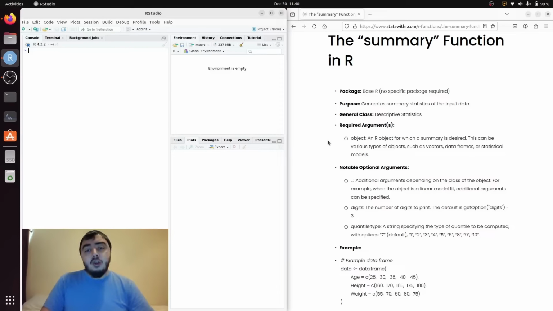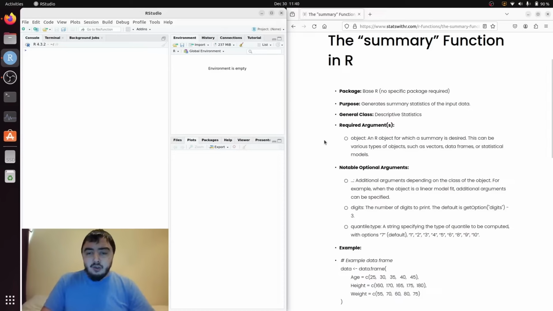If you input a data frame, for a numeric column you will get the same quantiles and mean. Or if the variable is categorical, you'll get the different counts at the factor levels. And if you input a statistical model, you will get model parameters such as the p-value, the coefficient, the F-statistic,